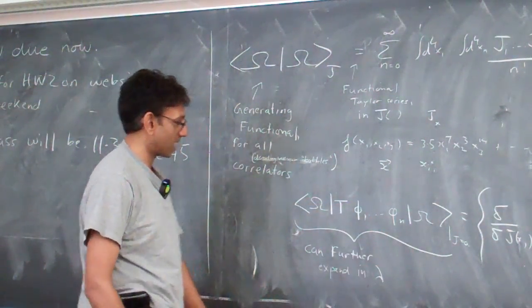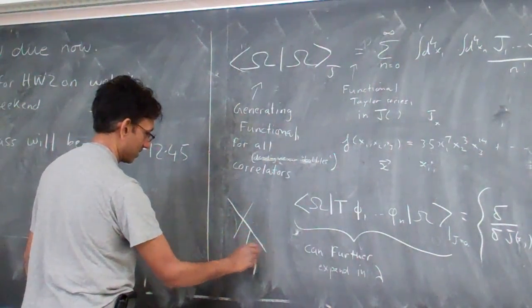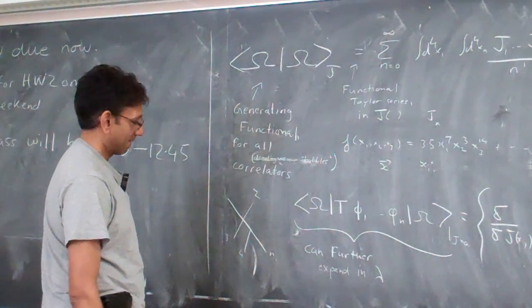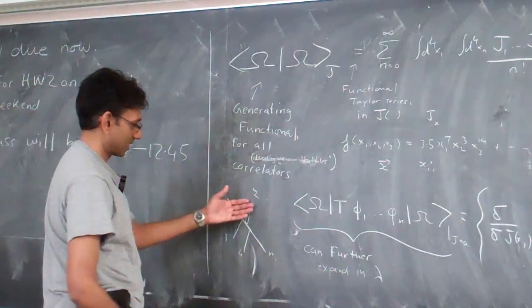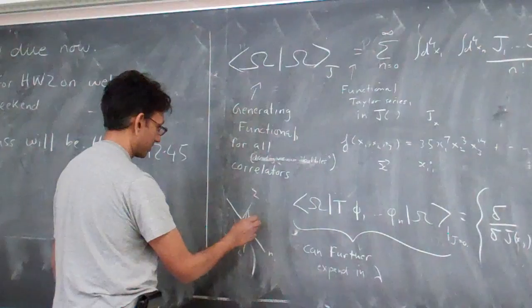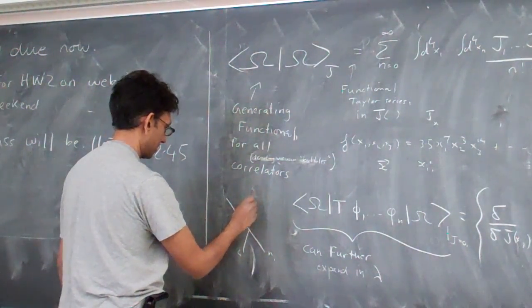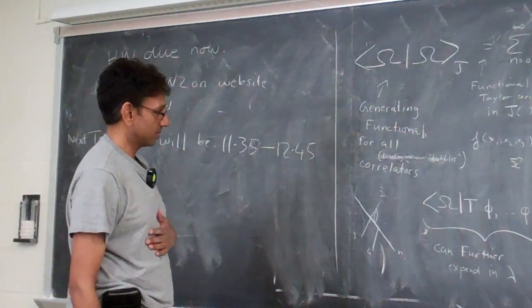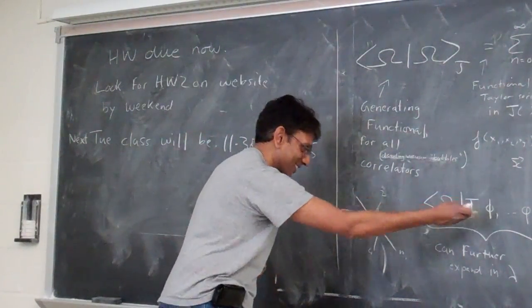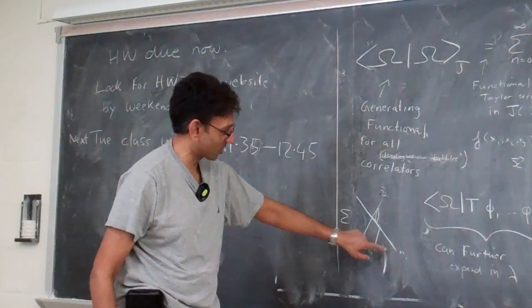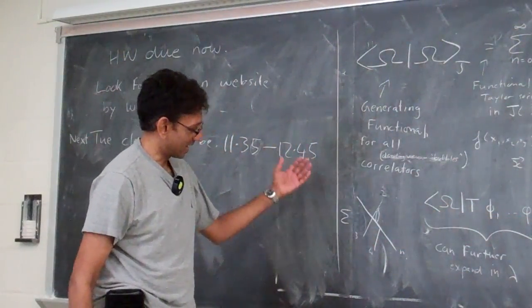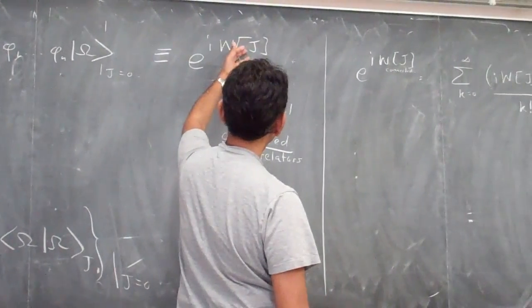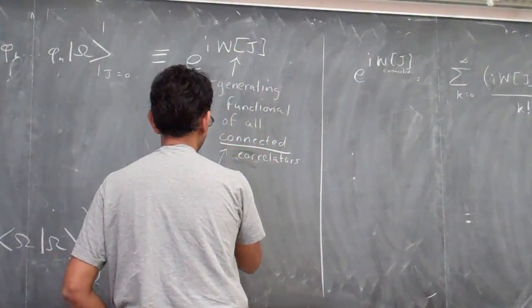But you can think of this as the sum of all diagrams with 1, 2, 3, 4, n. And you're drawing all possible diagrams that could contribute to this. So the sum over all these things would be just one of these things. As long as I fix 1, 2, 3, 4 up to n as these points 1 to n, then any diagram would contribute to this, whereas only, and so what I mean is perturbatively